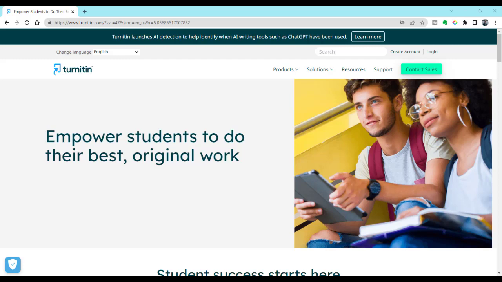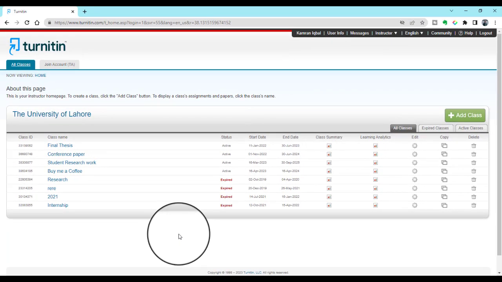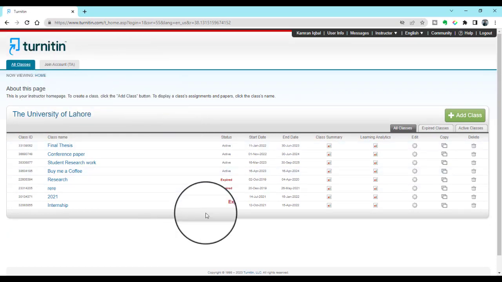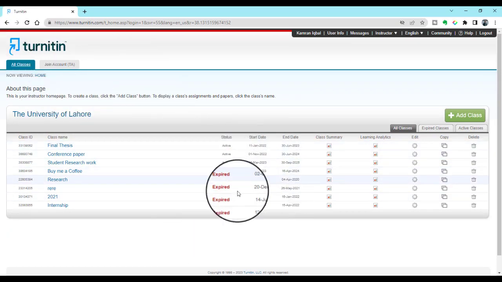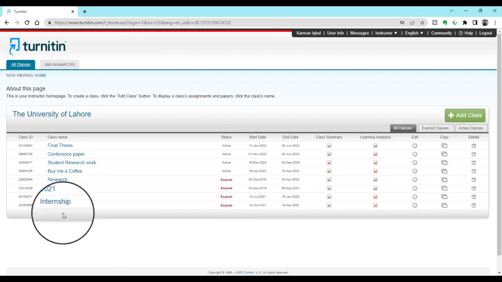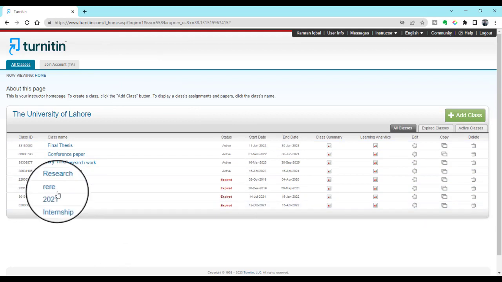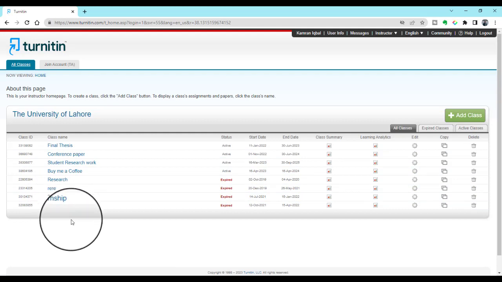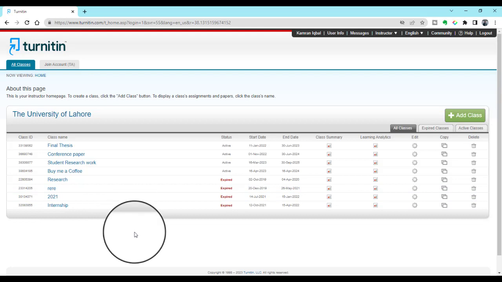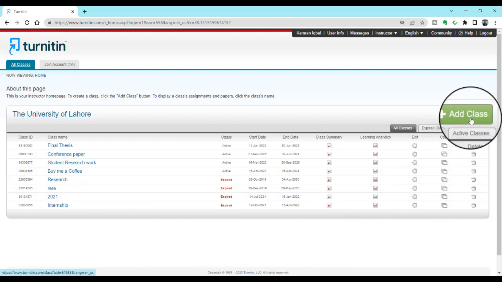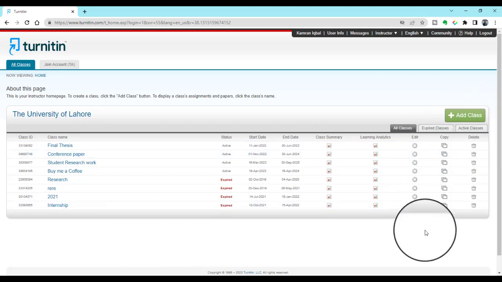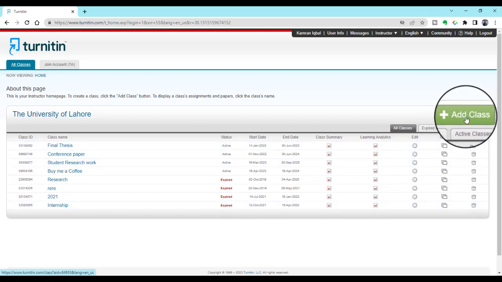If you are logging into your Turnitin account for the first time, of course you will reach this page, and on this page there will be no class. But here I have this account since long, so that's why you can see so many classes over here. But in your account there will be no class. So you will need to start by adding a class in your Turnitin account. So for adding a class, just click this add class,